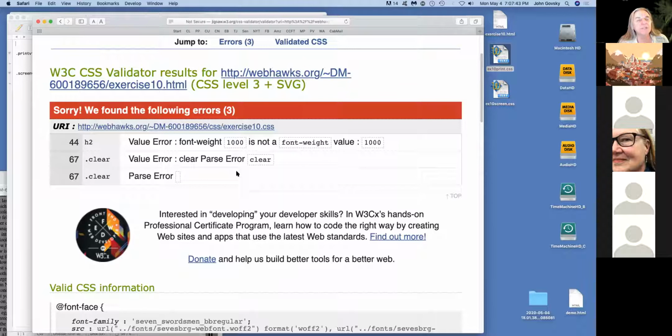For the same reason, it's tricky. An image is viewed as a word or a letter. It's an inline level element, meaning it's in a line of text. So what you're really trying to do is center a line of text vertically. That's actually the task, in a sense, and that's not easy to do with the code that you know right now.